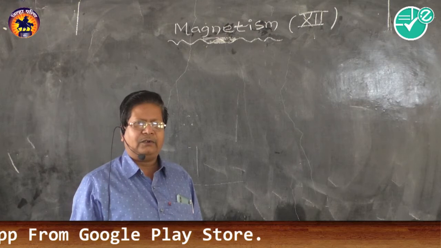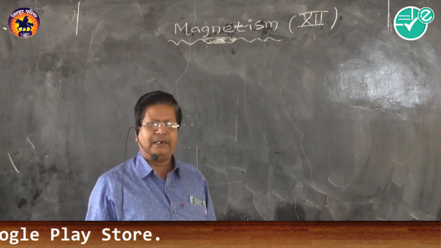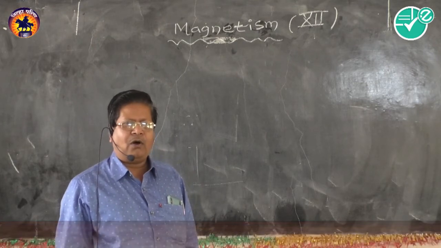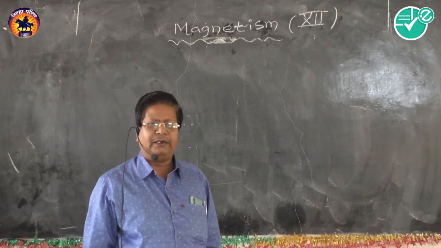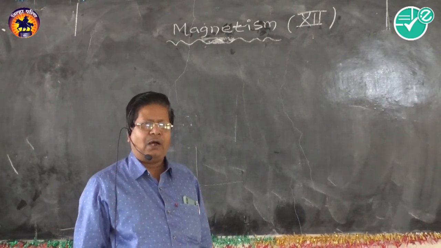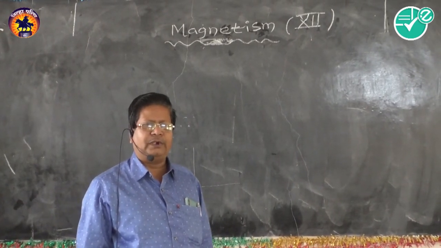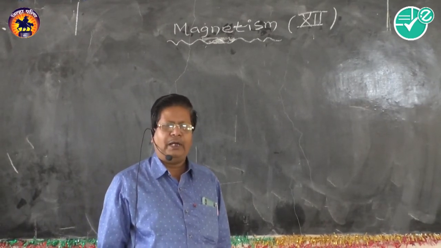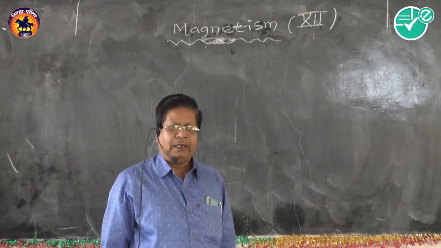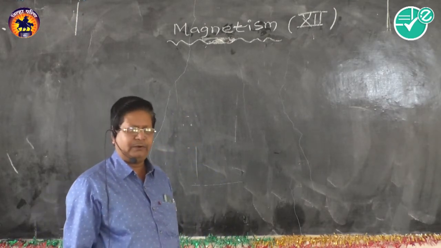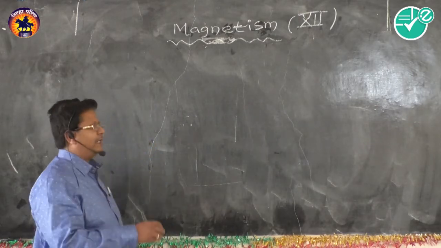In standard 12th, in chapter magnetic effect of electric current, we have already studied the magnetic induction along the axis of the solenoid. Also, we have studied the magnetic induction along the axis of a toroid. That means you are familiar with solenoid as well as toroid. So, in today's lecture,